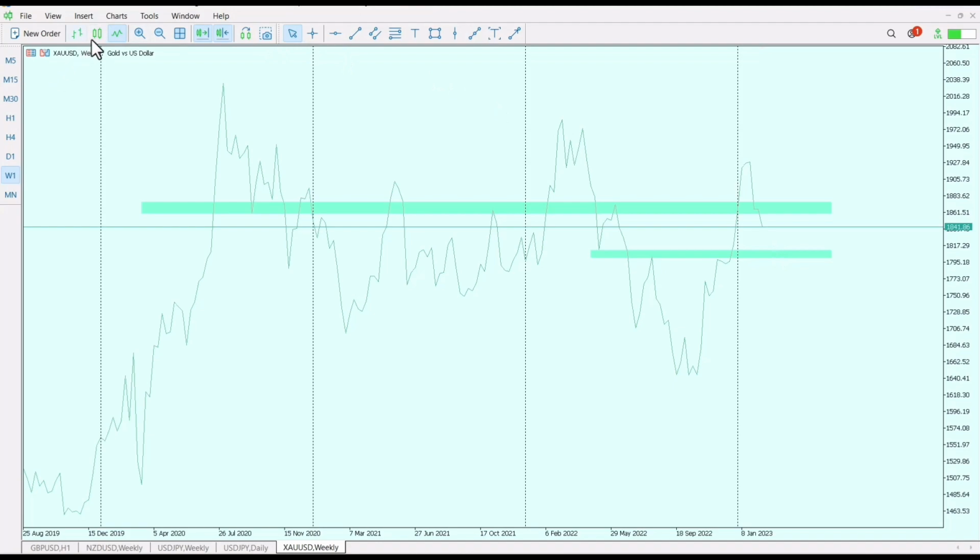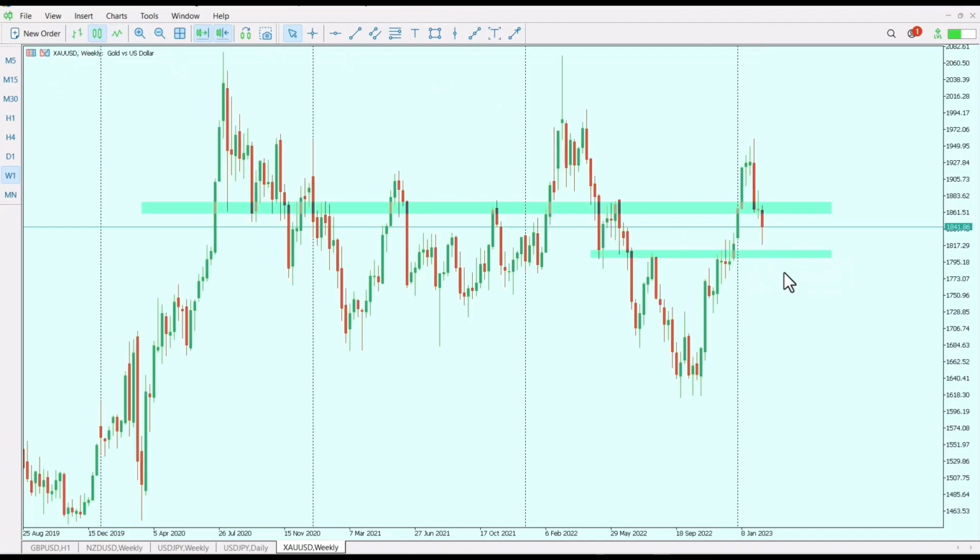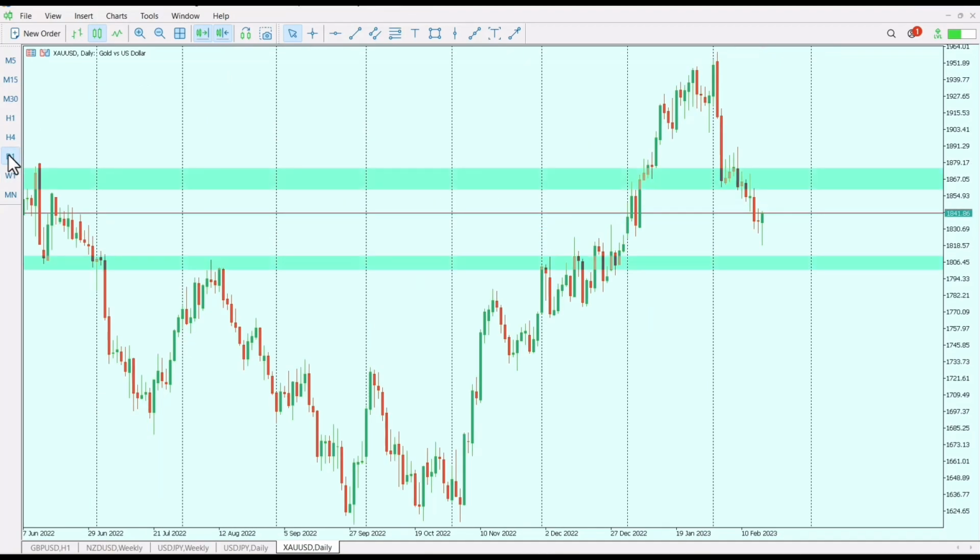On the weekly time frame too, you can see that gold is pushing to the downside. So currently we're expecting gold to continue pushing to the downside to test this level before, if there will be any up move, then we'll be looking at it. But currently we can see that gold is pushing to the downside, and this is the level that we are looking at. So we can say that gold is currently in a supply mode, whereby it's selling or pushing to the downside. We can do a top-down analysis like I'm doing, which is a very important thing